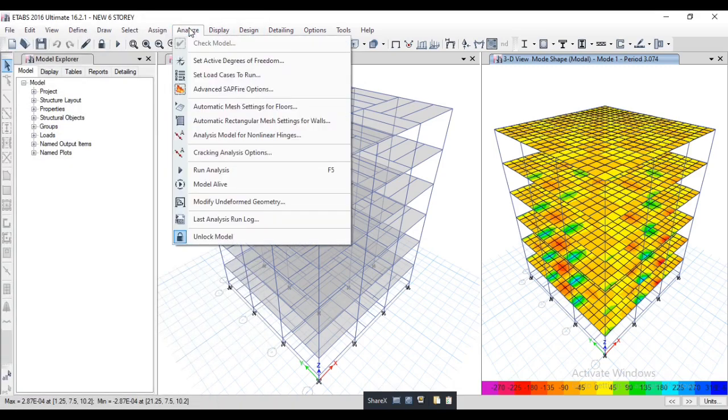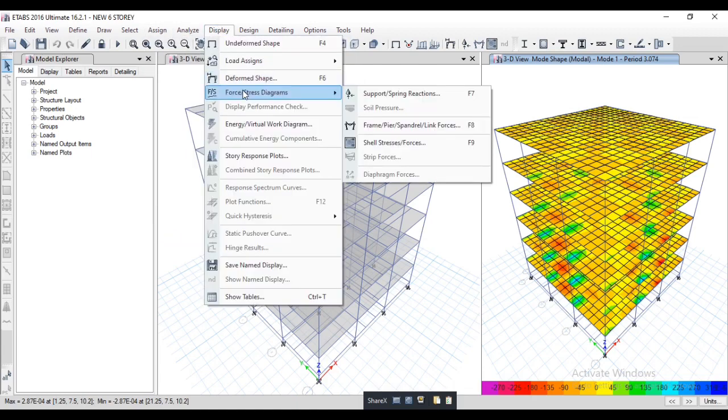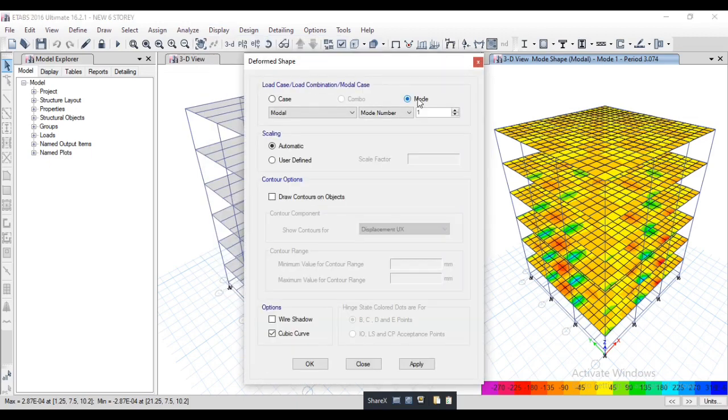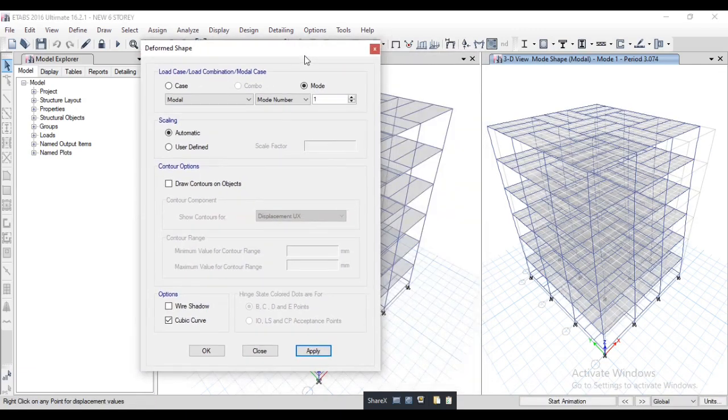if you want to see the mode shape, then go to deform shape, select here mode 1 and apply. Start animation.